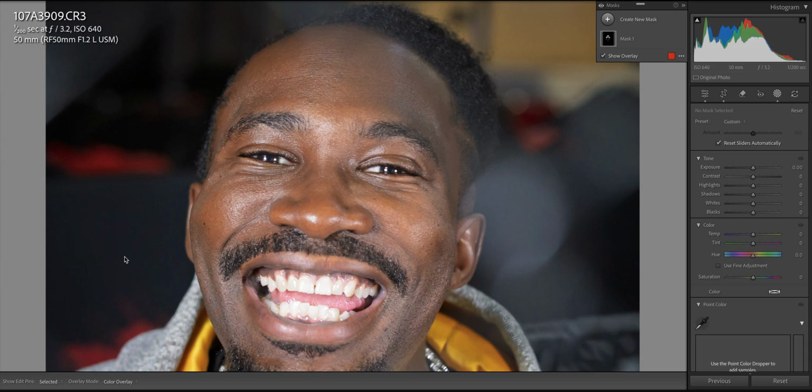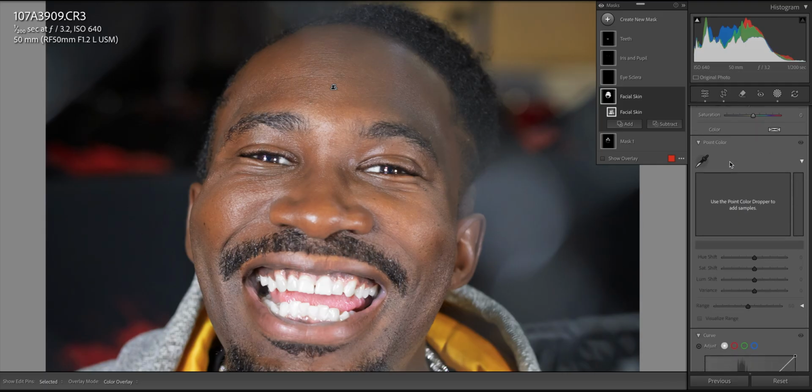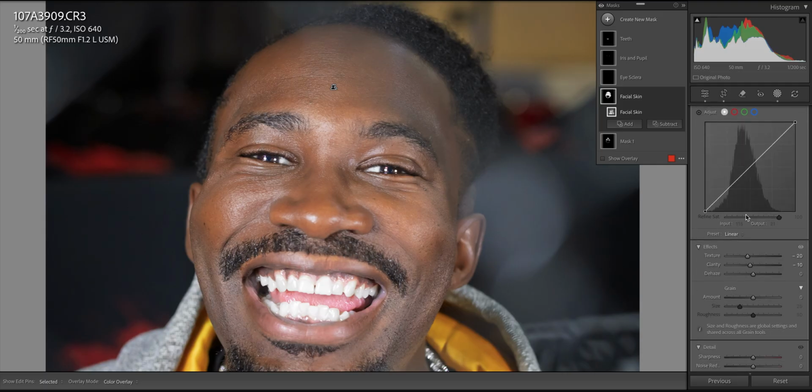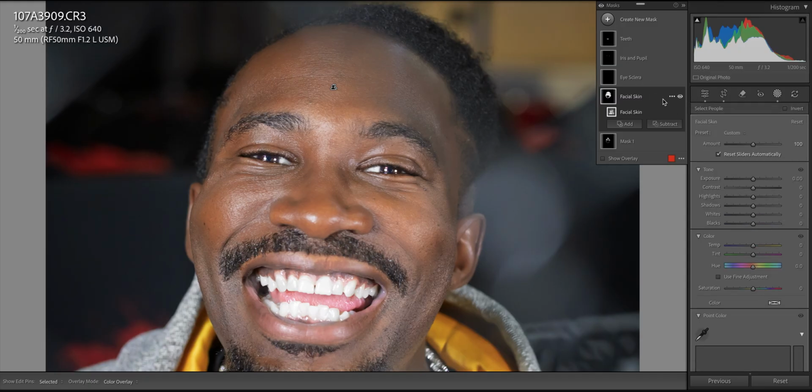What it's going to do is texturize the skin a little bit, clean it up, and balance it out a little bit more. Very cool. And see how it added the teeth, iris, and then it did some more facial skin. It did a whole other facial mask here. We're going to take this facial mask right here, which was the one that was added, which does some texture and some clarity, but what we're going to do is